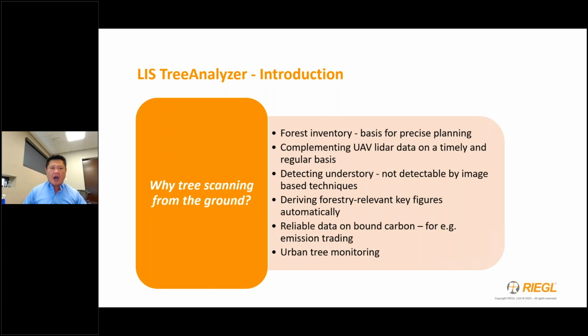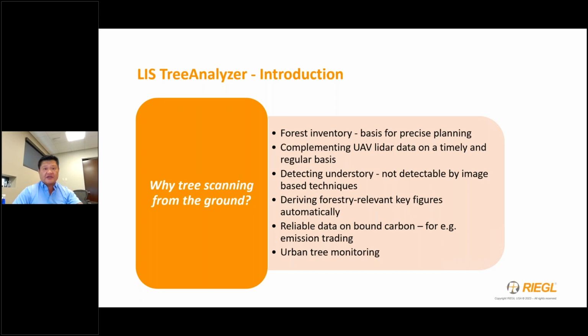So if you want to map out 1,000 hectares or 1,000 acres, of course, you're going to have to use an airborne system. But if you want to do just maybe 20 acres, maybe an unmanned system makes sense. But now, if you want to get into detailed plotting, so 100 meters by 100 meters, where there are 50 by 50 meter plots of forestry, TLS is the